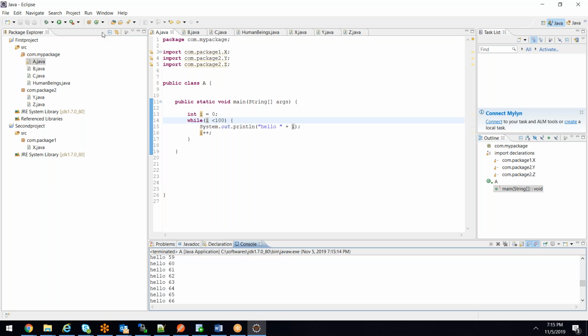See, if I'm explaining all these things, it means I will definitely use these concepts in the coming classes. So you have to know what is a for loop. You have to know what is a while loop. I am going to use all these things in the coming classes. So when I write a while loop, when I write a for loop, you should not be surprised. Because you already know what these things are, and I don't want to explain again what is a while loop and what is a for loop.